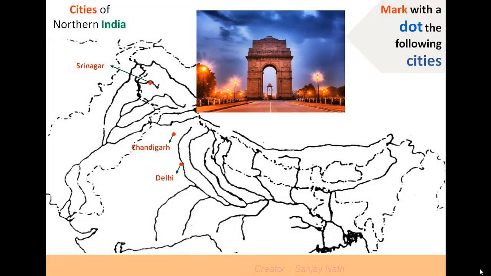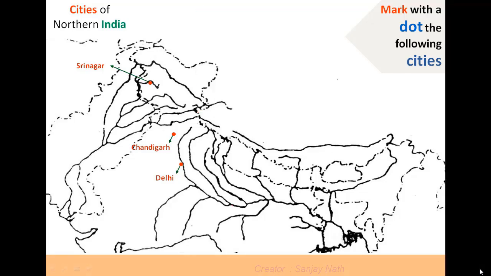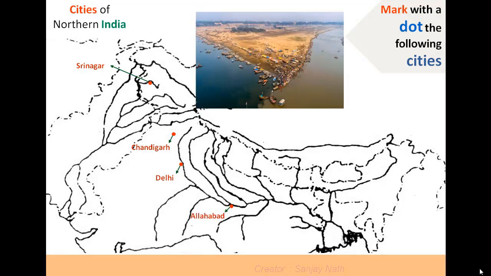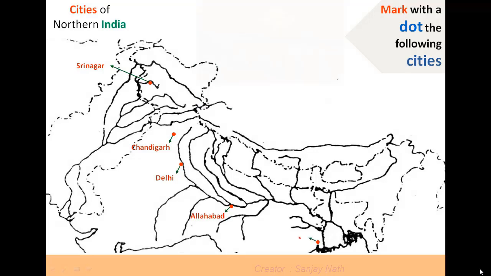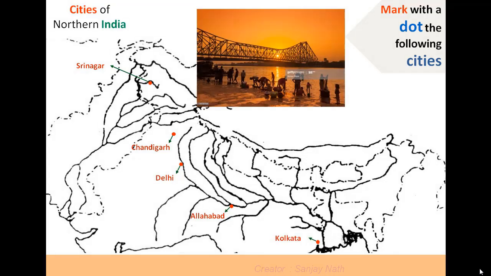Delhi. Delhi is officially called the National Capital Territory of Delhi (NCT). Delhi is the capital city of India and is regarded as the heart of the nation, one of the country's largest urban agglomerations. Allahabad. Allahabad, now officially known as Prayagraj, is located in the Indian state of Uttar Pradesh. The city is famous for Triveni Sangam, or the meeting point of three rivers, the Ganga, the Yamuna and the Saraswati. Kolkata. Kolkata is the capital of West Bengal. Today it is known for its grand colonial architecture, art galleries and cultural festivals.